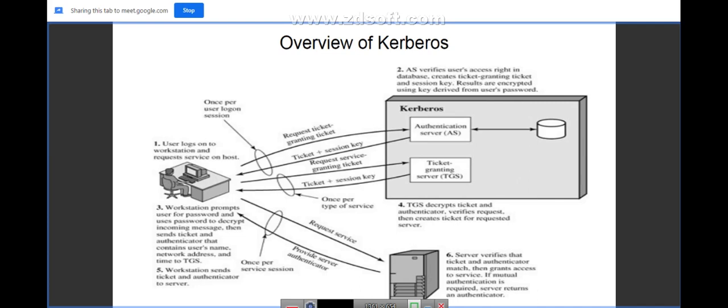In that request, what is the client sending? The client is sending the TGT ticket, and also an authenticator. What is an authenticator? In the authenticator, he tries to prove his identity by putting in his details, his IP address and everything. And he is even adding the service, what type of service he wants and from whom he wants the service. Now, in response to the third request by the client, the TGS responds.